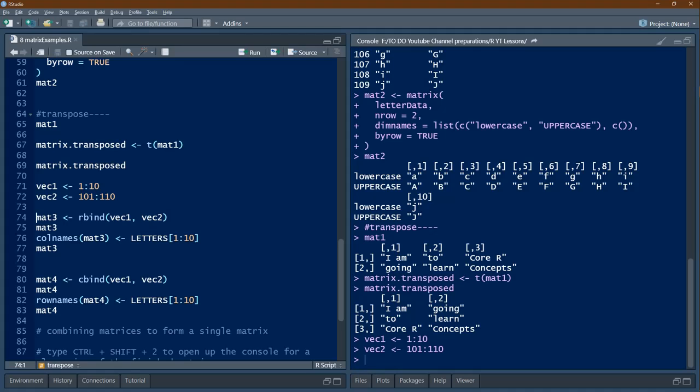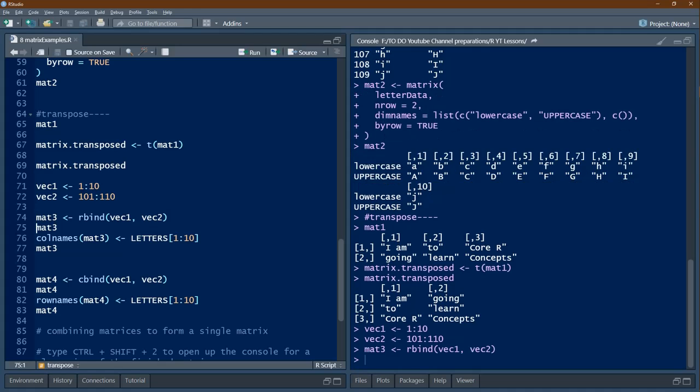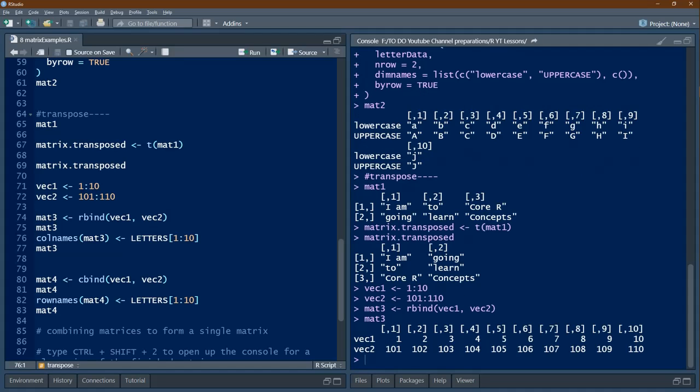Now we will use the rbind function and we will bind vector 1 and vector 2 into a matrix. So vector 1 should come in the first row, vector 2 should come in the second row. So mat3, we will see what is mat3. We are having vec1 in the first row, vec2 in the second row, and columns have been named like this. Here the column names have been given by way of indices.